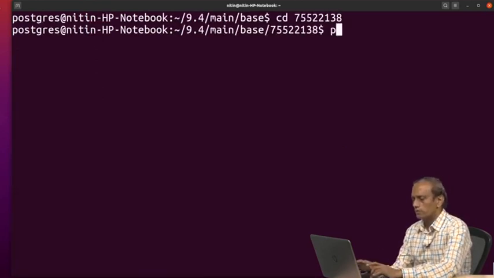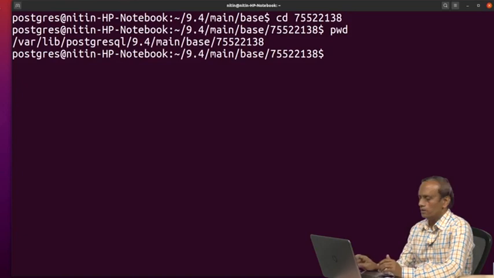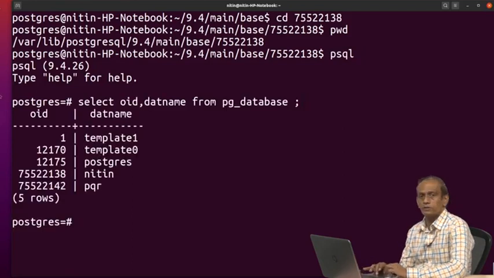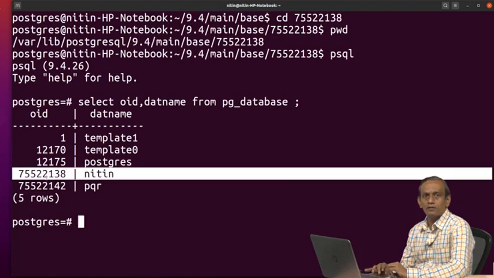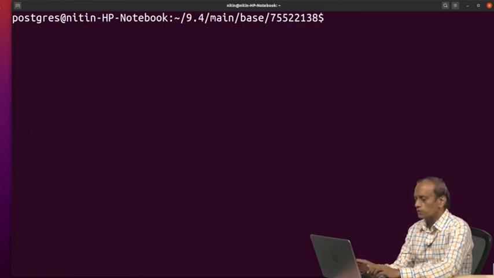This is the directory for the respective database that we named Nitin. If I write psql and fire this, you can see we are working with this, correct. So, we are in the current directory of the database called Nitin. Now, if I try writing ls, there would be a few numbers associated again.